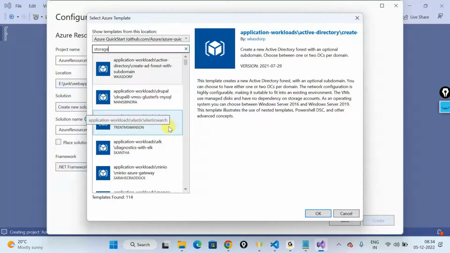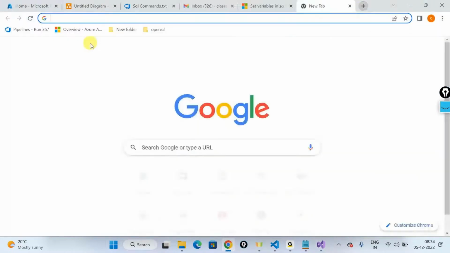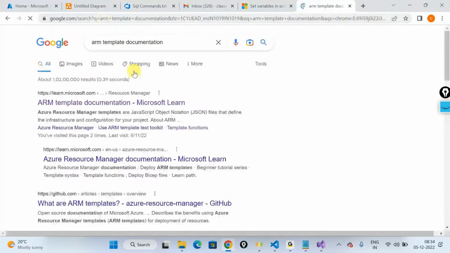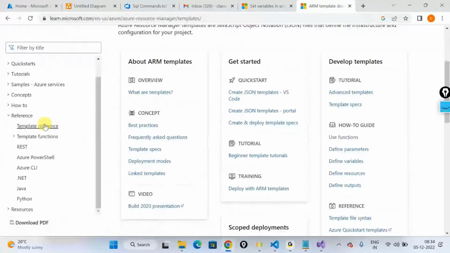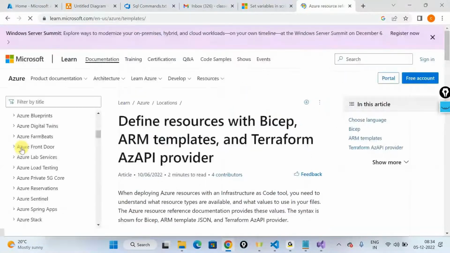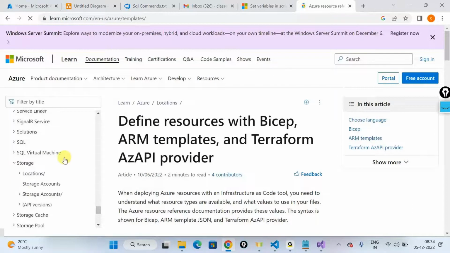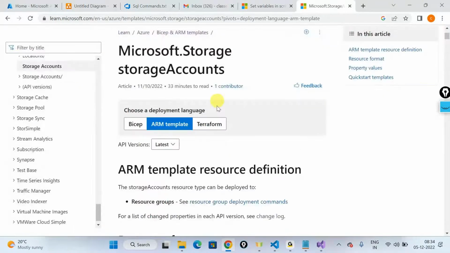Again, this is just another copy of your documentation in the ARM template documentation out here. There is something called the references section, template references. Inside this, everything that you see here is a template. For example, storage accounts. It's going to tell you what kind of template you want. And if you click on ARM and scroll down here,